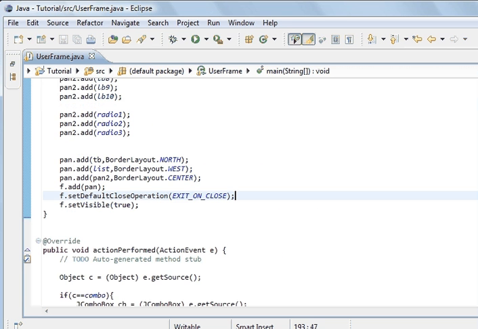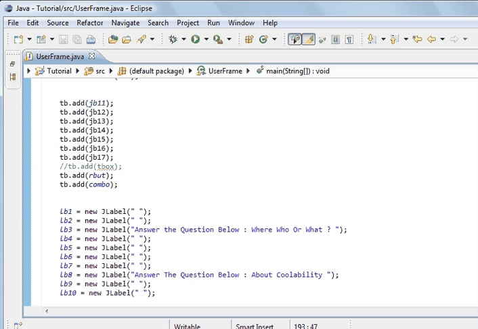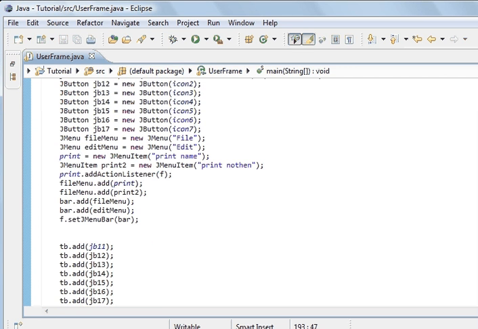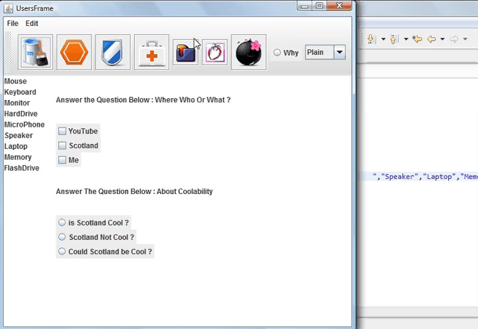Let's see. Here it is. The biggest one is the microphone, I think. So all you do is put some spaces in there, and they should all be the same size. So save, run the program, and you see, what I've done is I've given more space down here to make it look more tidy,